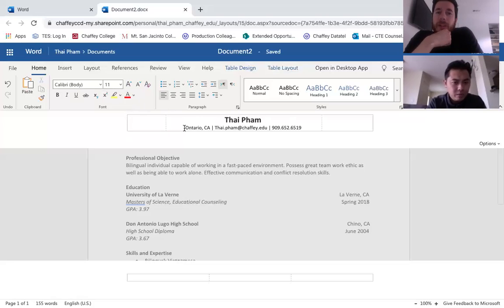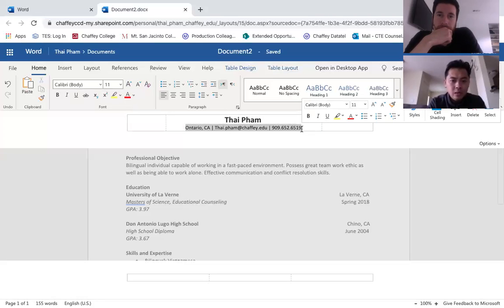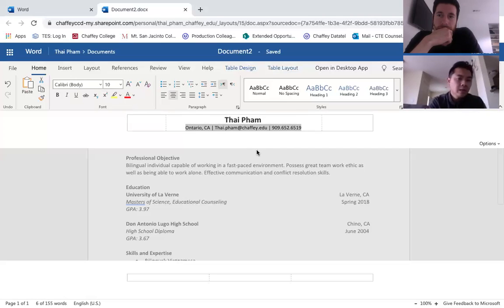That's your real email, correct? So if they wanted to email you, they can? Yes. So you're more than welcome to email me, and we can schedule appointments online. That way I can see what you have and we can discuss it. The number that I have there is not my personal number, that is my office number. So do not call that at this moment because you won't be reaching anybody anytime soon.